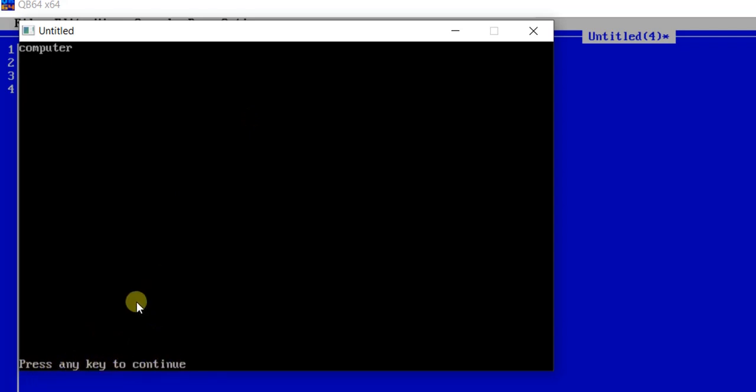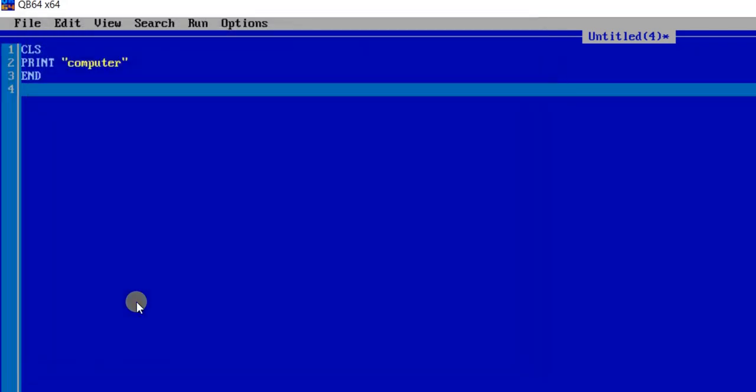You can press any key on your computer to go back to the program screen. So now you can see that we have come back to the program screen, and QBasic contains two types of screen. One is the program screen for writing the program, and another is the output screen for displaying the output of the program.